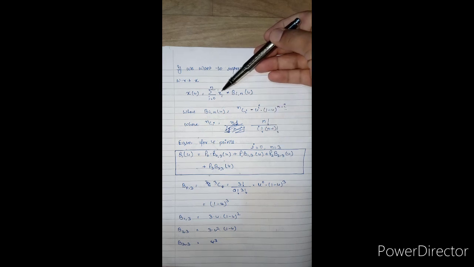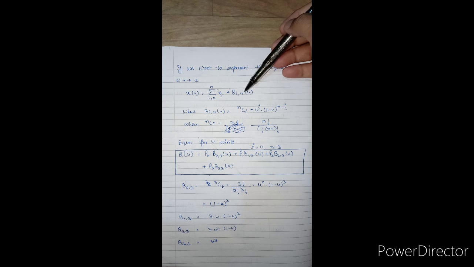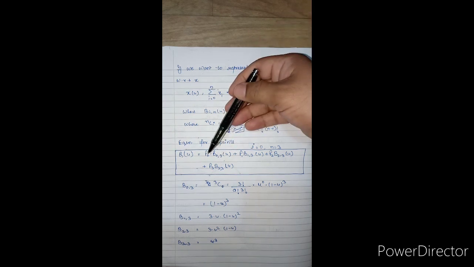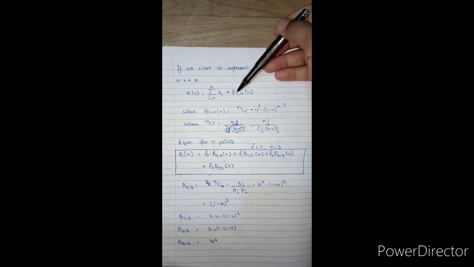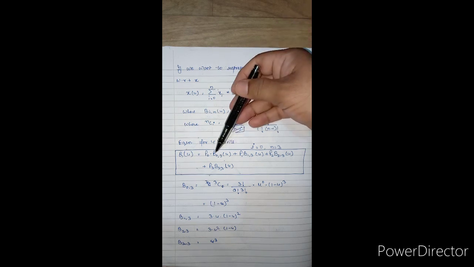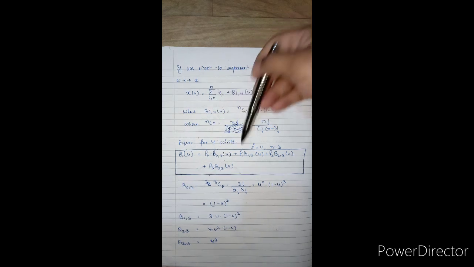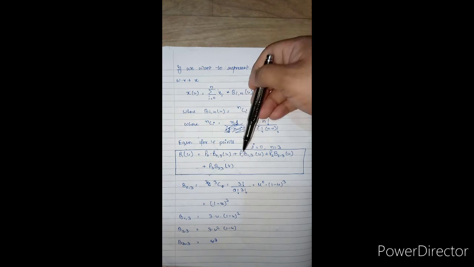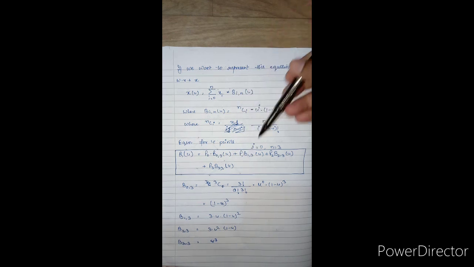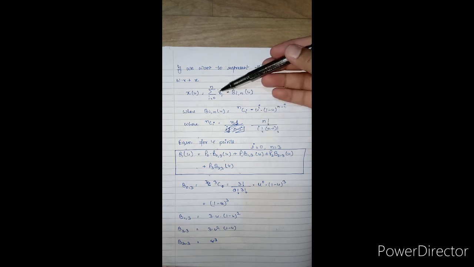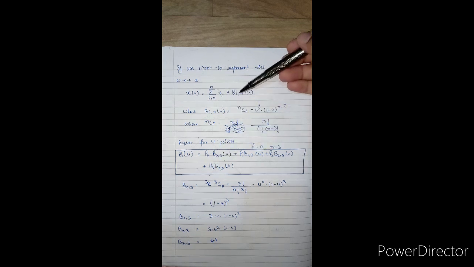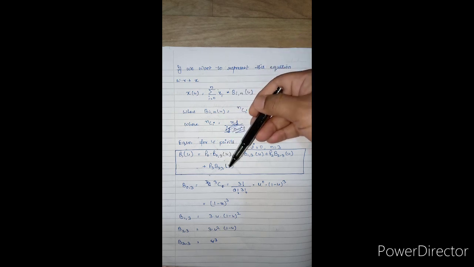This one will be pi, this one was pi into bin. For i equal to 0, pi means p0, and bin with i equal to 0 and n equal to 3 is b03. The next value, for i equal to 1, pi will be p1, and bin means b13. For i equal to 2, pi means p2 into b23. For i equal to 3, pi means p3 and bin is b33.